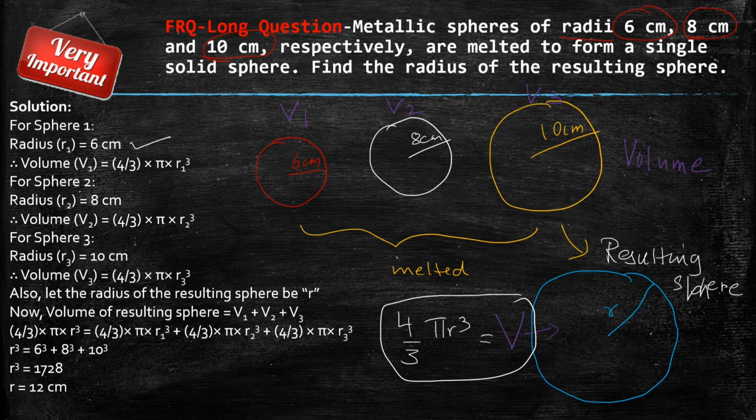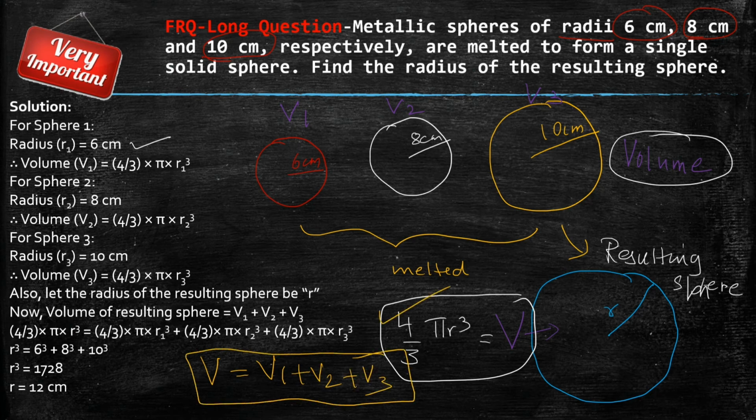Now, as I told you in this question, volume is something which is going to be constant. So we could say that the volume of the resulting sphere, the sphere which we are getting after melting these three spheres, is going to be the sum of the three volumes. So the important result that we are going to be using in this question to reach the radius of the resulting sphere would be V, the new volume, is going to be V1 plus V2 plus V3. And when you do that using this formula, you can substitute the values and the common terms are definitely going to cancel.